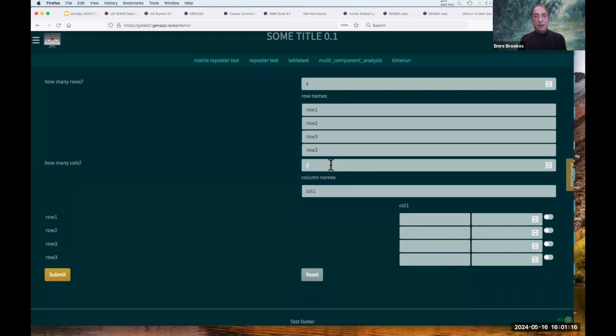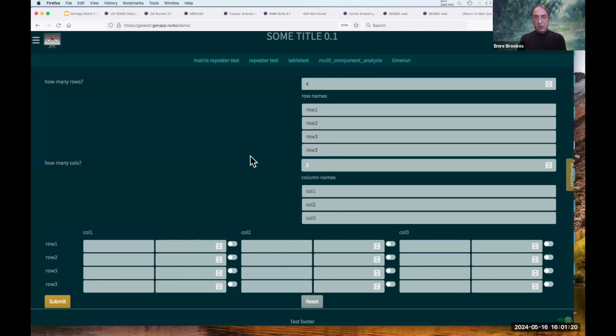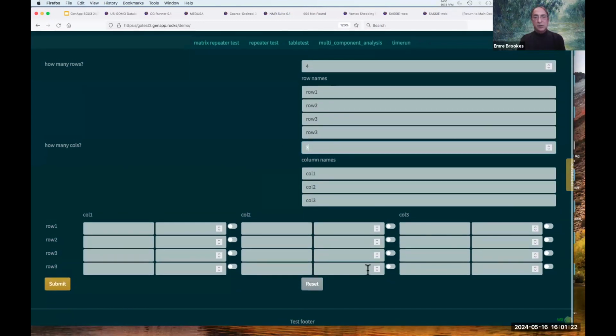And then how many columns, right? So those are how many columns. And so here's this matrix, and actually those matrix elements are 3: a text field, a numeric field, and a switch. Those could be links. You can put whatever you want in those field types and build matrices of those types. And then this is my testing example. I can hit submit,